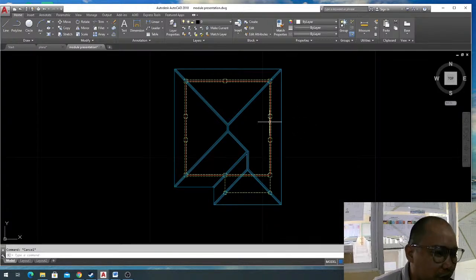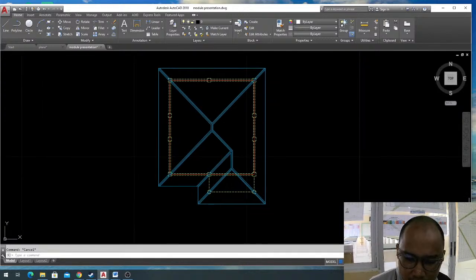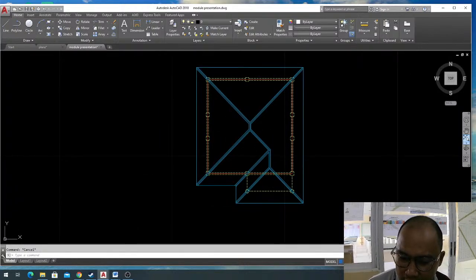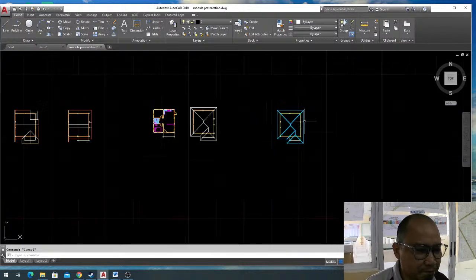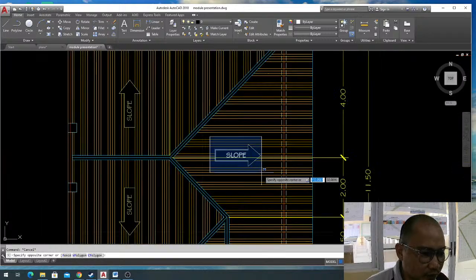So after you have the ridge roll, okay, you go back to the module. Tingnan natin. Indicating the label for the slope. Okay, fine. You indicate the label of the slope. So